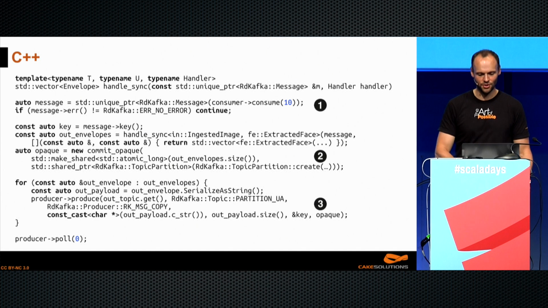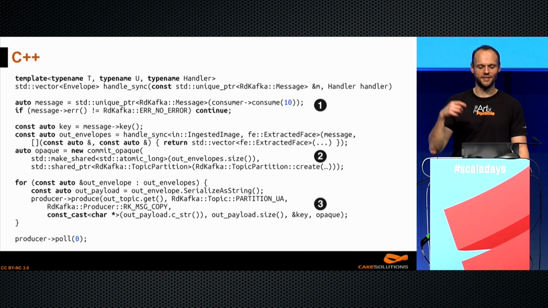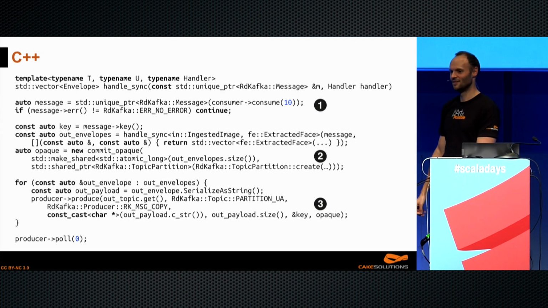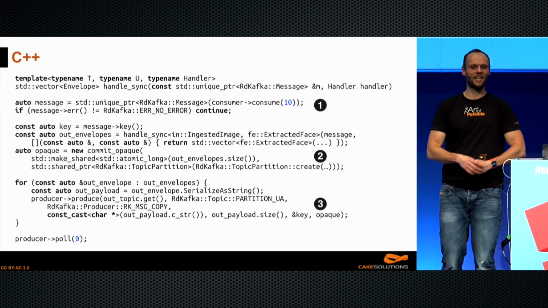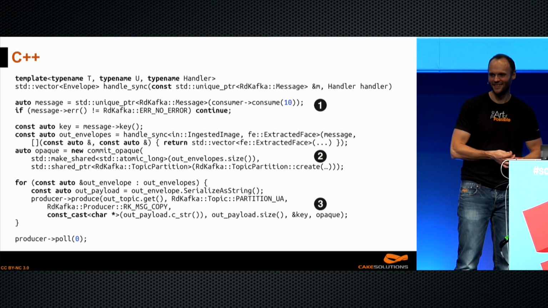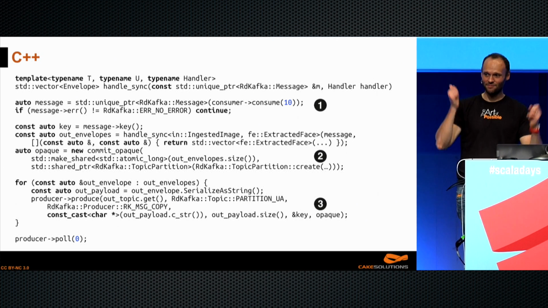We are still able to produce these extracted phase and ingested image messages. They are the case classes, or the protocol messages that we defined in our protobuf. We are still able to do property-based testing in C++. It all fits, right? This is the holy grail of microservices. People said, okay, come on, use any language you want. And we all said, yeah, I know, but we're going to do Java, aren't we? No, we really can pick the right thing.